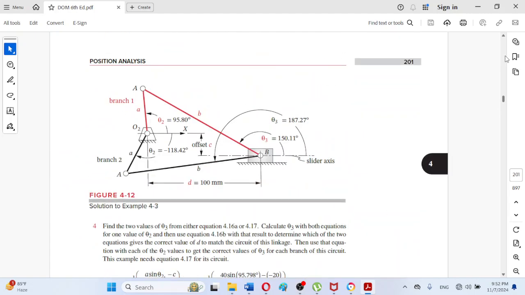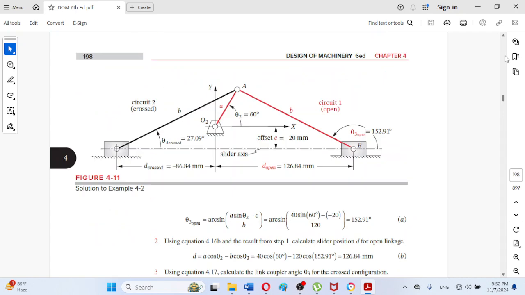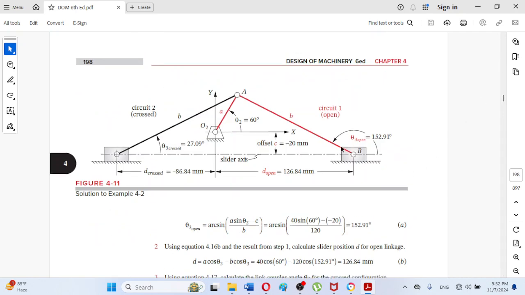So here as we can observe, this is actually theta 3 1,